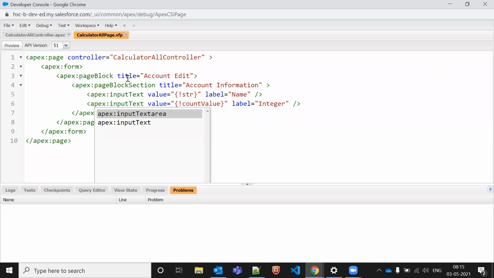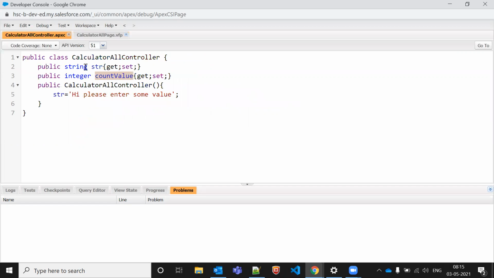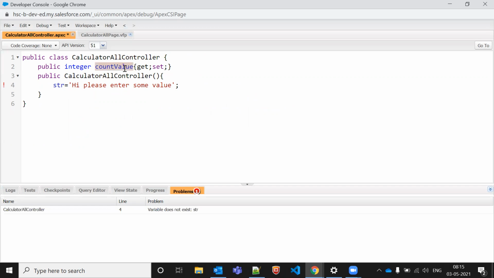So now let's make a calculator on a high level. For one or two functionalities I'll give, and the rest of the functionality you have to do. And that is your assignment for today. So what we are going to do here, this is my first value. I can say it's a count value. So this is working as a result. They're working as a result. So even I can pass result here, and let me copy this thing.